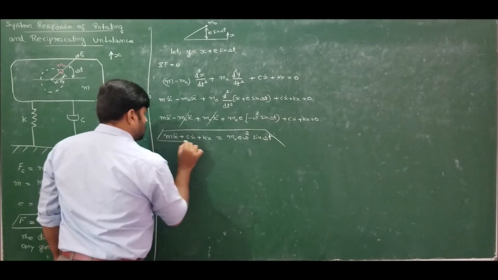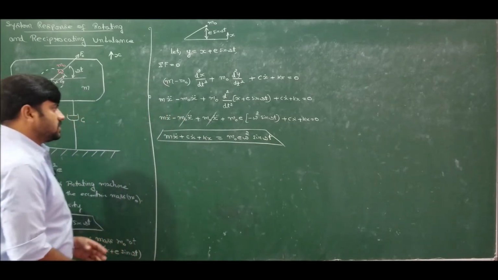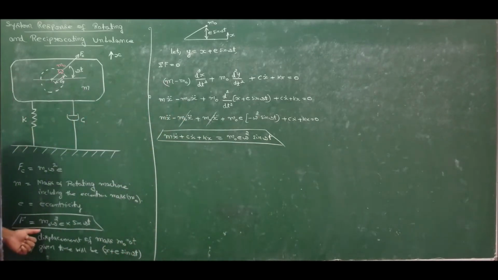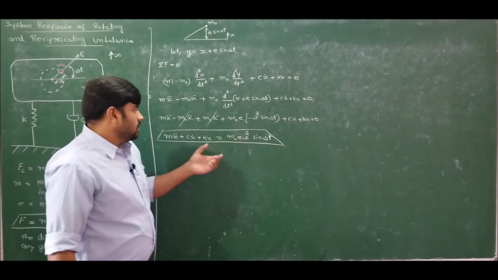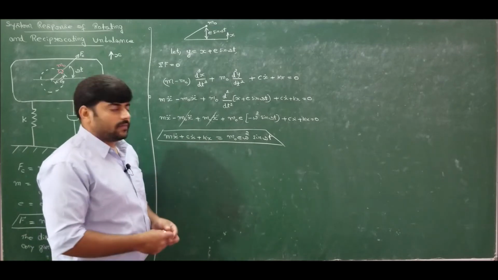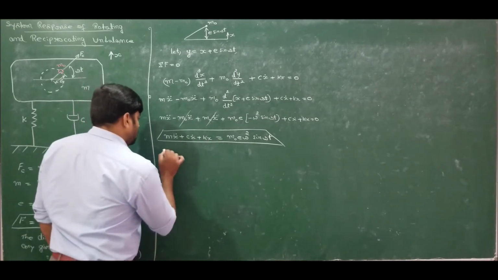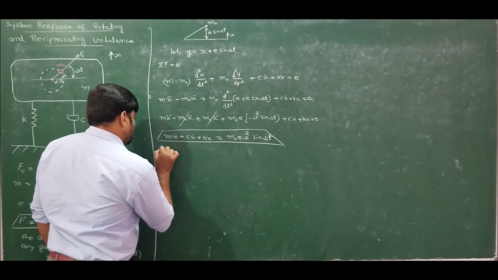Got it? Now what is the excitation force? As I said, it is m naught e omega square sin omega t. Right. Now compare this with the forced vibration equation. So from the forced vibration equation, that is the equation of motion,